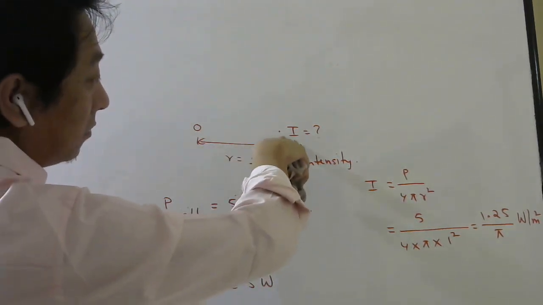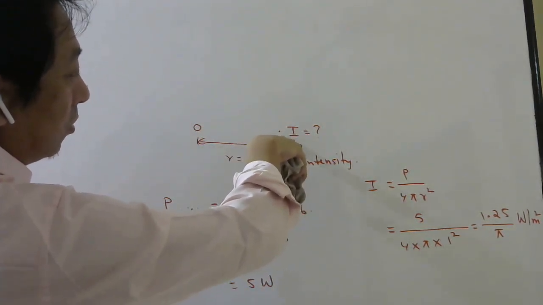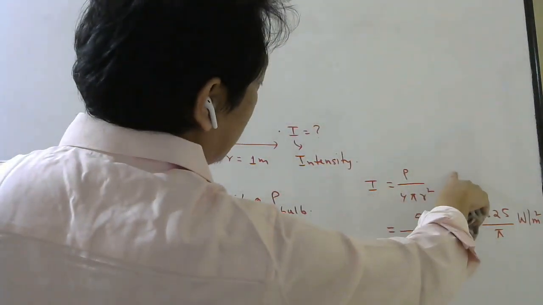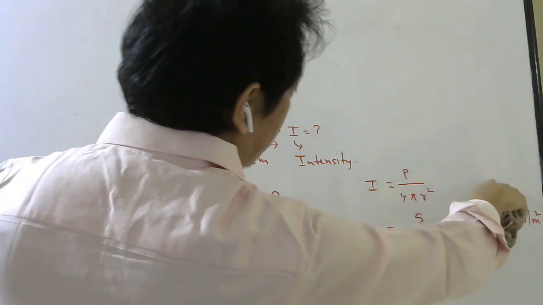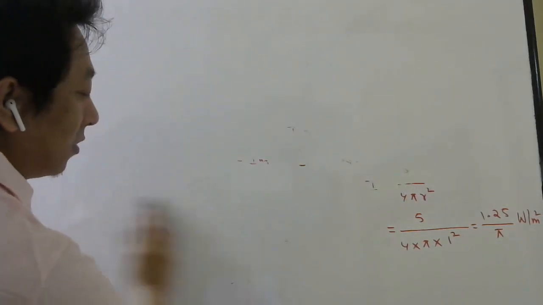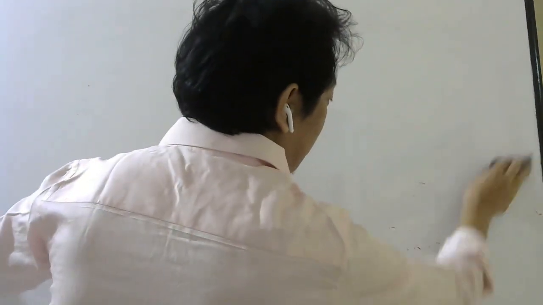They can ask electric field here also, RMS value or peak value. Then you know what to do, right? Intensity you can write as energy density into speed of light, and energy density you can write in terms of electric field, whether RMS value or peak value, both we can write. I hope some questions will be based on that also. It will be there, I'm sure.